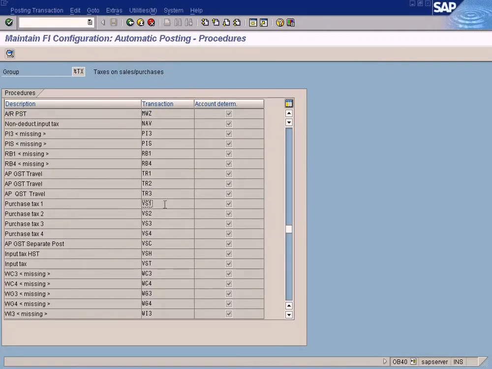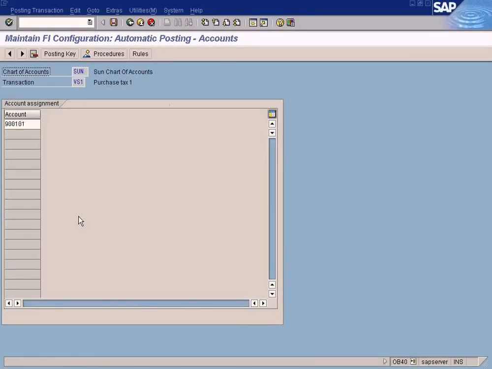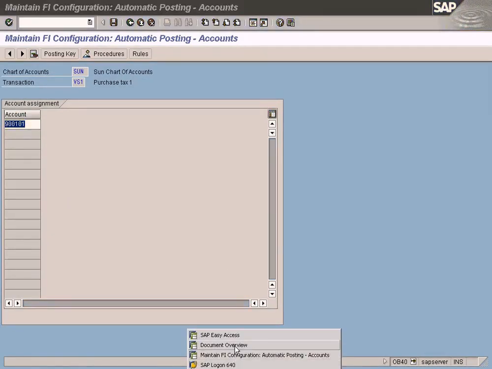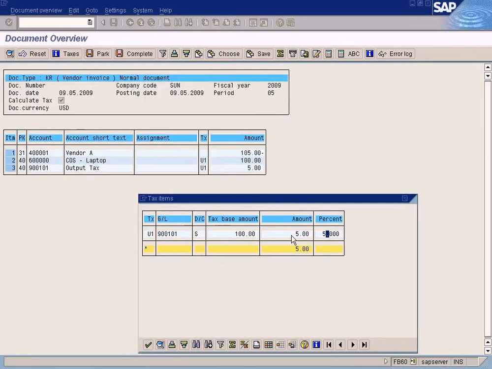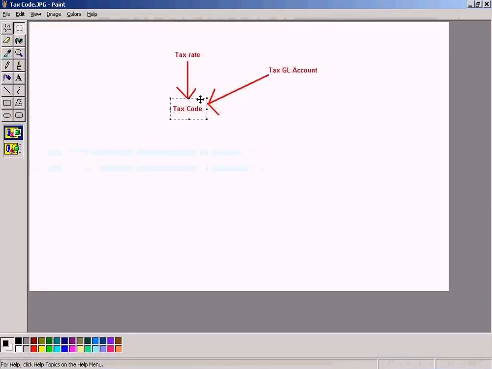If you come here, define tax accounts, we look for VS1. VS1 is over here. So just double click this, enter the chart of account which is Sun, and you would enter the GL account here for the tax postings. So this is the account that is used by the system to post the tax amount which is computed.